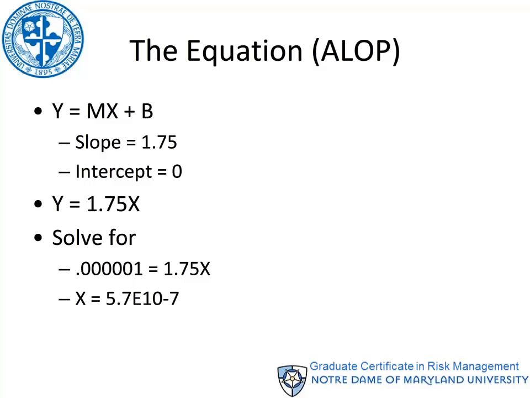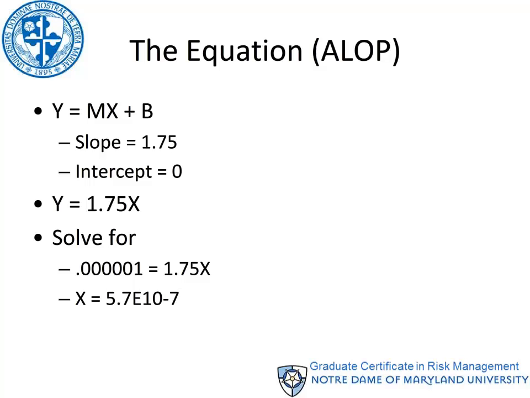Now we need a little equation so that we can investigate an appropriate level of protection. So I'm using the equation of a straight line, y equals mx plus b. Well, we know what m is. That's the slope, and it's 1.75. We know the intercept. Because we have a no threshold assumption, the intercept is 0. So that makes a very simple equation. Y equals